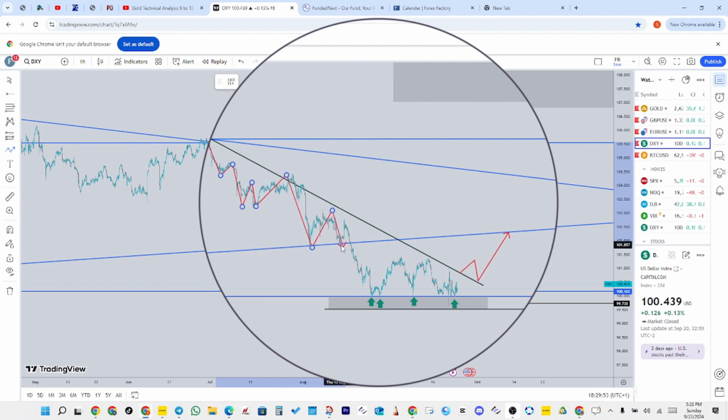Yes, that was a downtrend, but anytime the market wants to change direction, it wants to create something like this. Sometimes a W pattern, something like this. So numerous of these suggest that the market is more or less likely to return back to an upward direction. Do you understand?